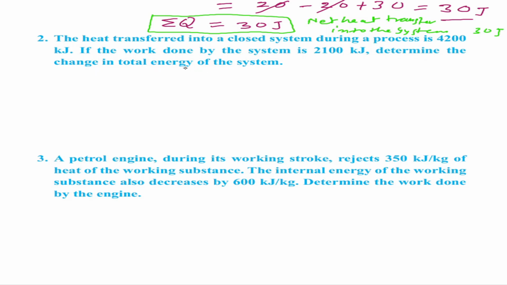For a closed system, as we know, Q minus W equals delta E. Here delta E is the change in